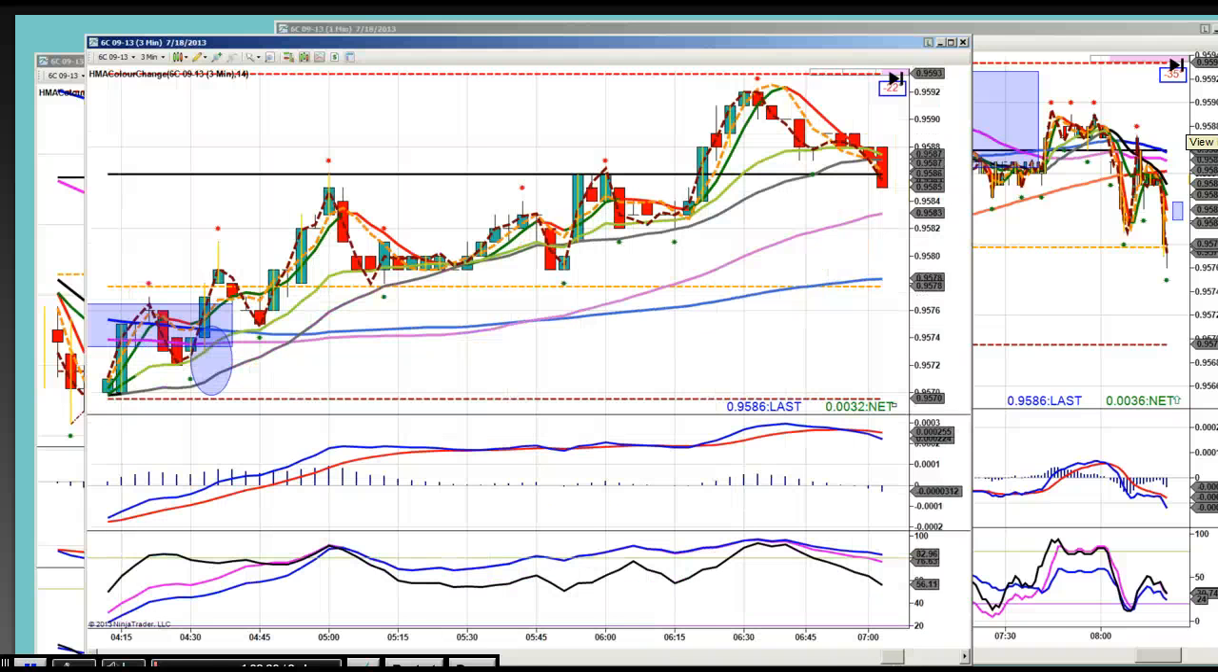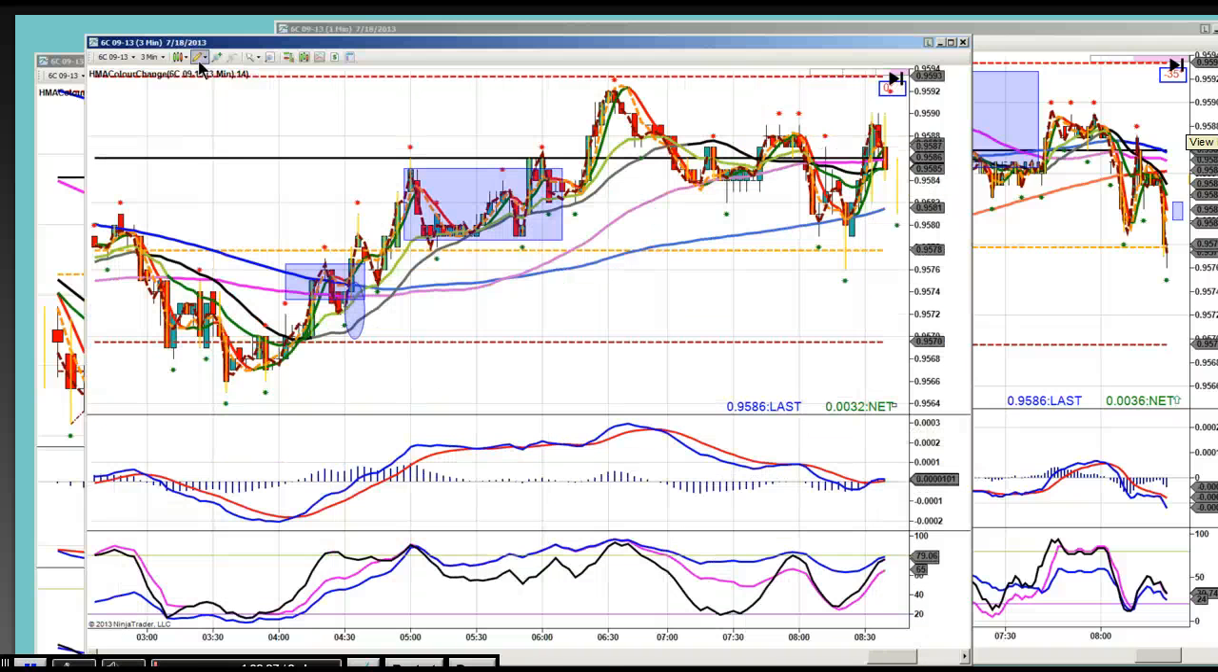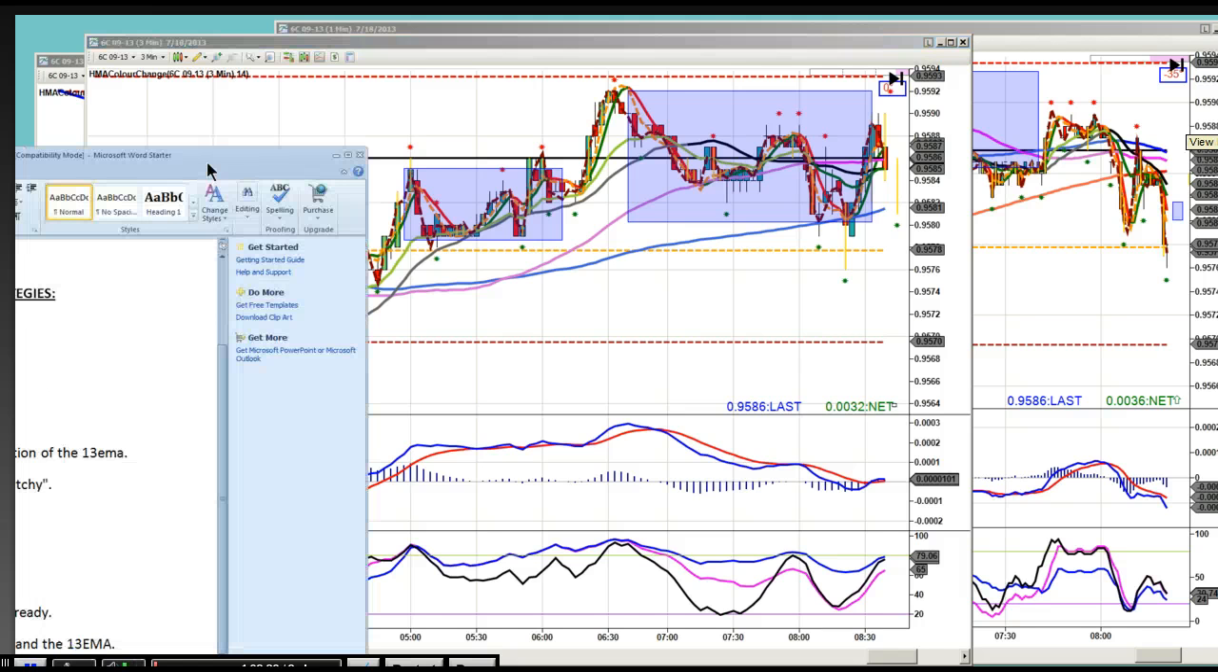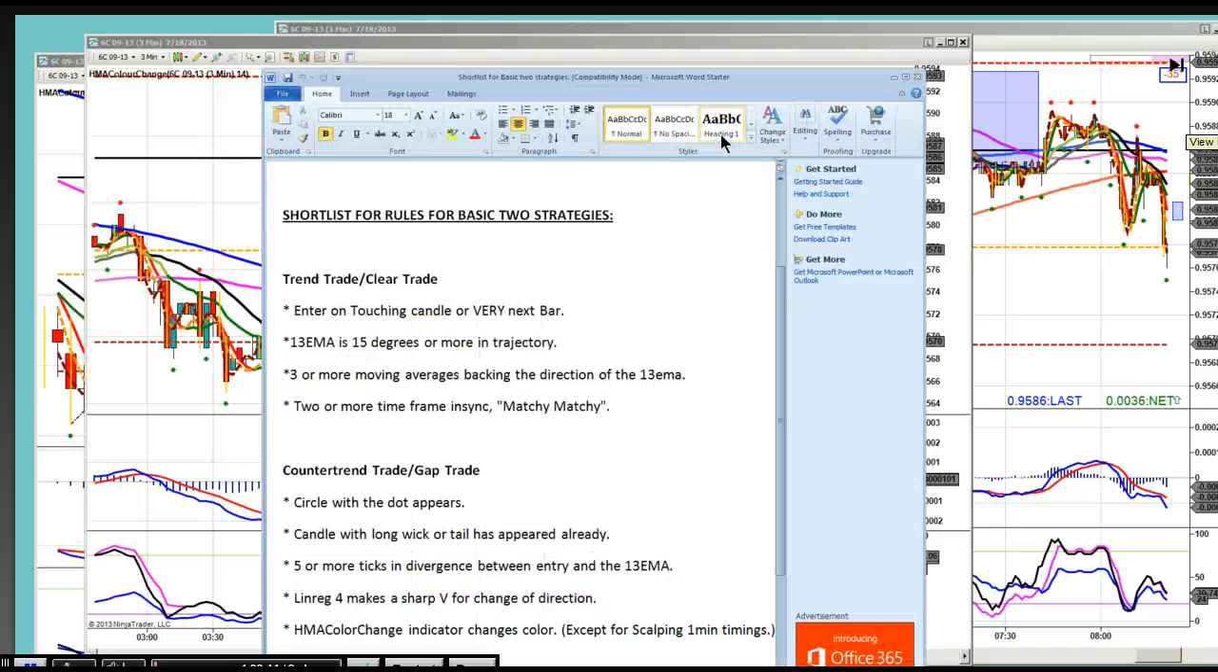So here we have the price changing on us, and here we have the price changing on us. Up until those changes, you would really be doing trend trades, going long, bouncing off the 13. You'd be doing your clear trade strategy, and on the changes, you will be doing your counter trend strategy,